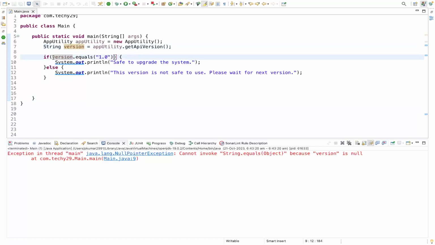So the traditional way of handling is we do it like this: version not equal to null. So we use the not equal operator to identify if the version object is null or not. If it is not null, then only we proceed ahead and call the equals method. So let me rerun this code. So here we go, we have fixed the null pointer exception. So what's the other way? Prior to Java 8, we were doing it like this, but in Java 8, the most important feature that arrived